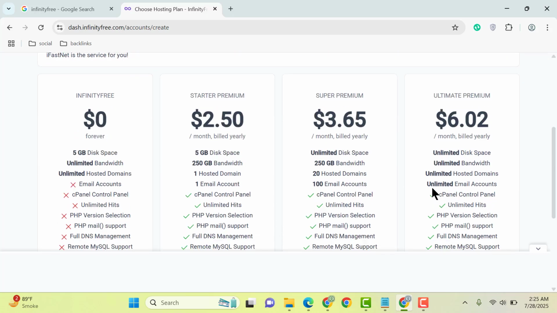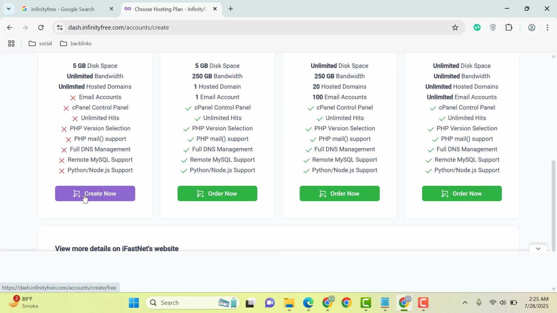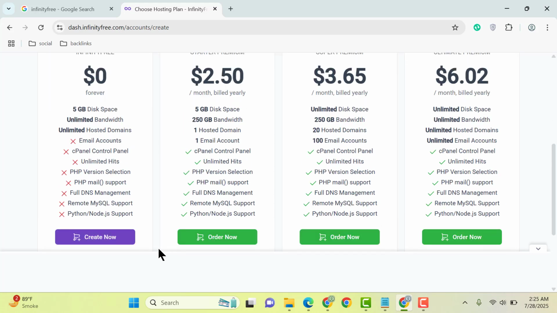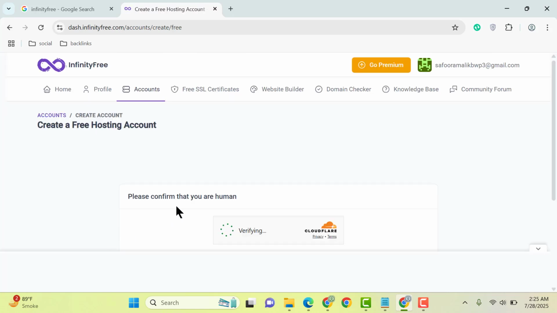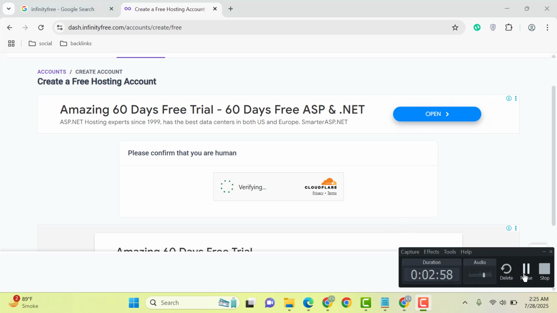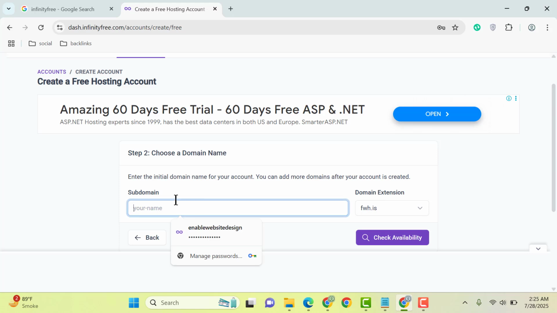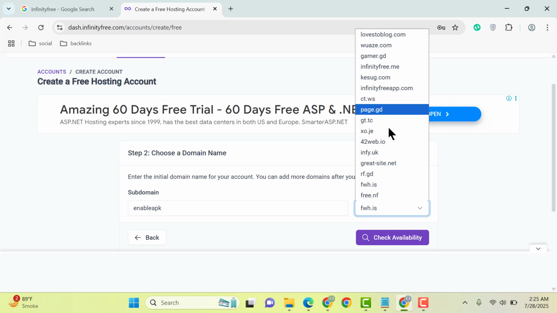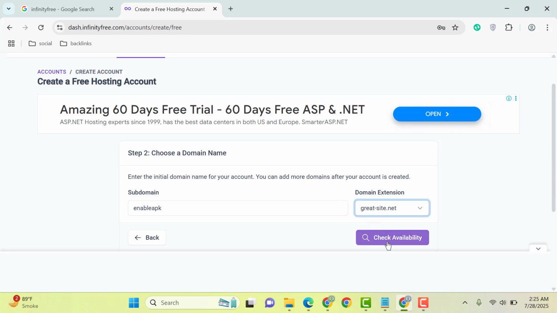Scroll down and here you can see these are the different web hosting packages. So at this moment we want to use this one free package. And here we need to add a website name. For example, let me add enable APK, and here you can select one of the names. So let me select this one. Then click on check availability,